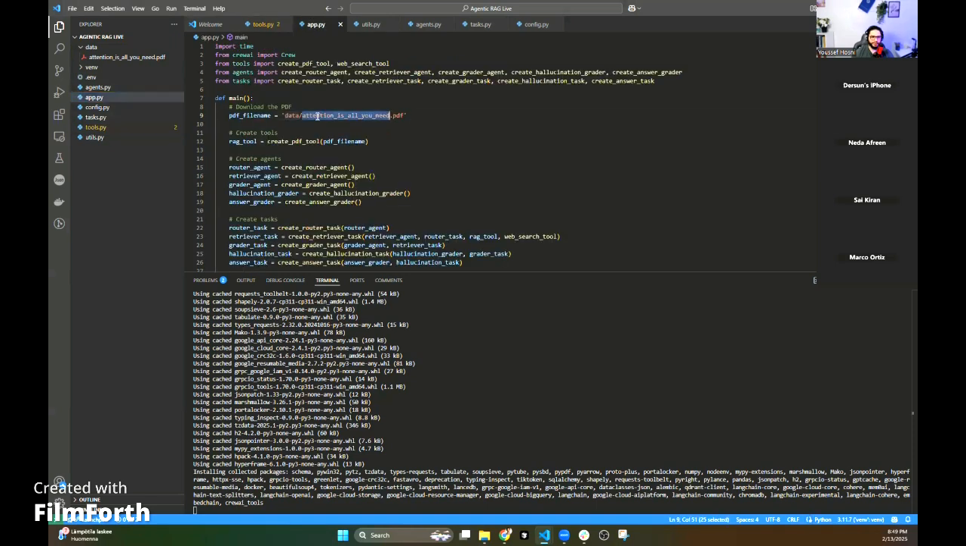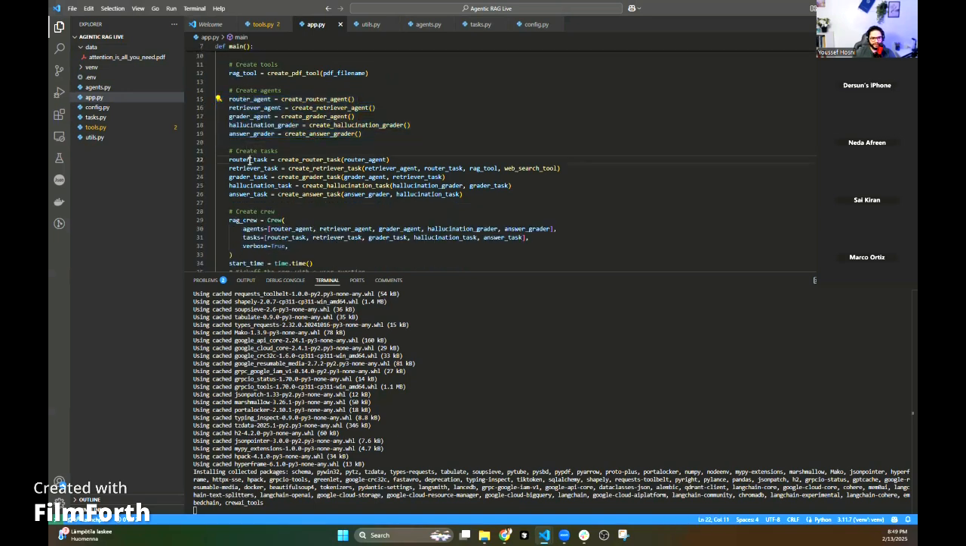We are in the app, so we'll just pass the PDF file. Then we will define the first tool, which is the RAG tool, and we will create the PDF tool and pass it the PDF file to create the vector store based on this PDF. Then we will define the agents. Here we mentioned we have 5 agents, and then we create the tasks. We have 5 tasks, and every task takes some